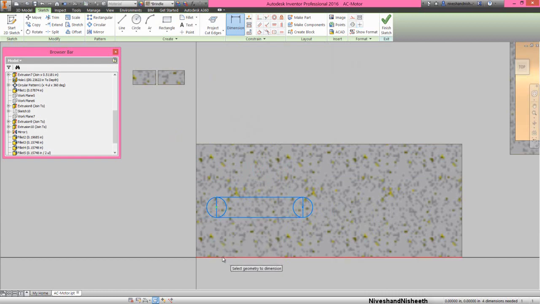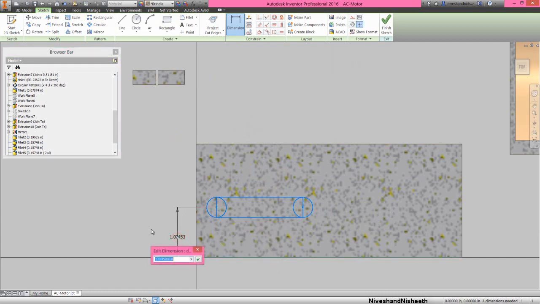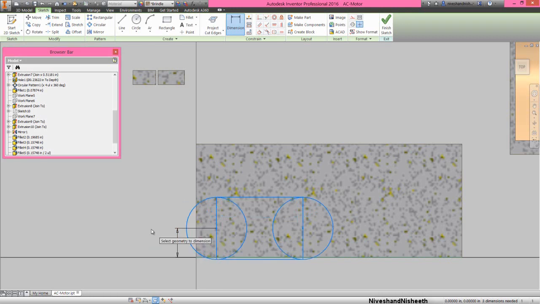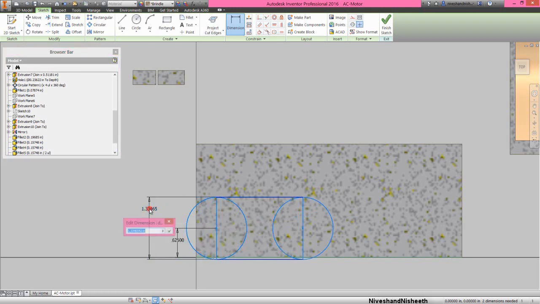Select this center point and this edge and apply the dimension 0.625 inches and another dimension 0.375 inches.